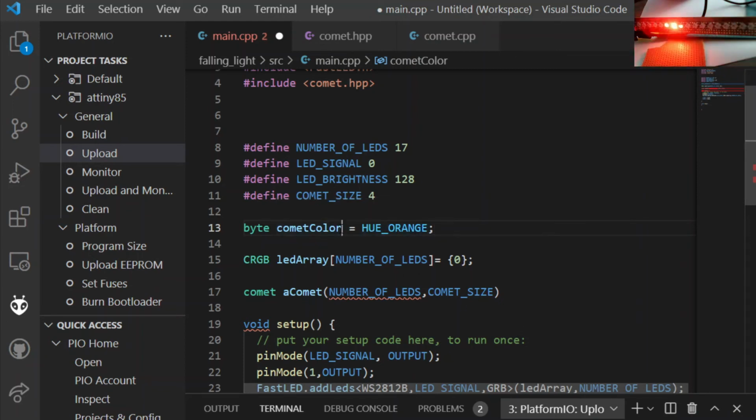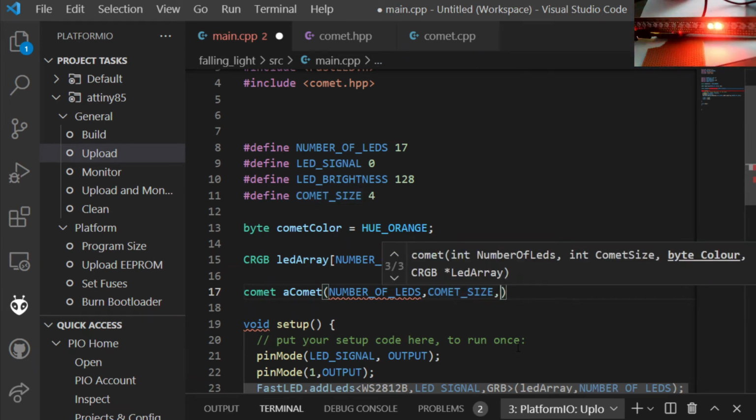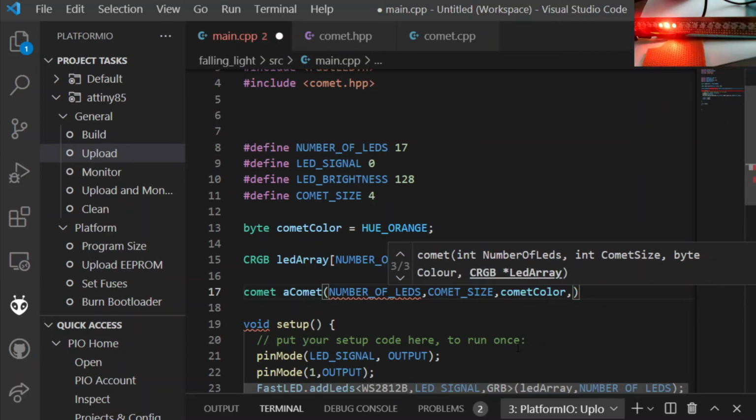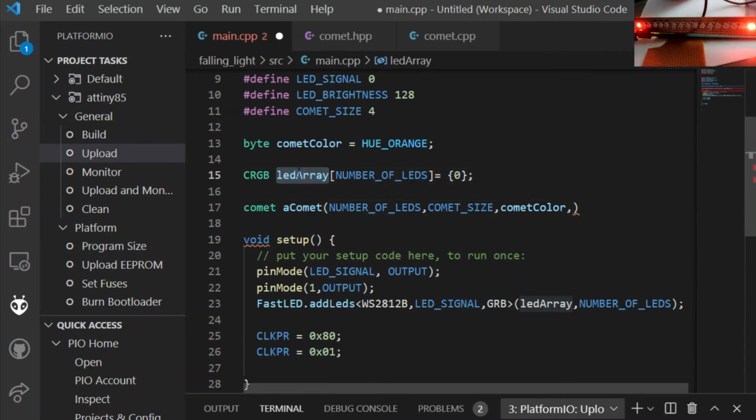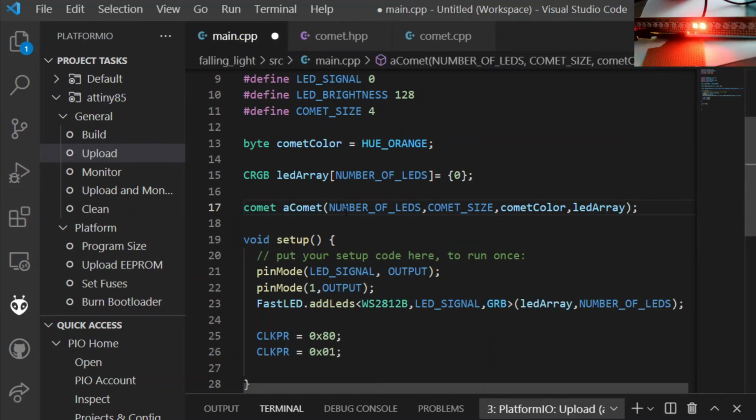So then of course we want to pass in the colour and the LED array. So that's the constructor, so we should come up with a comet and pass that data to it when it's